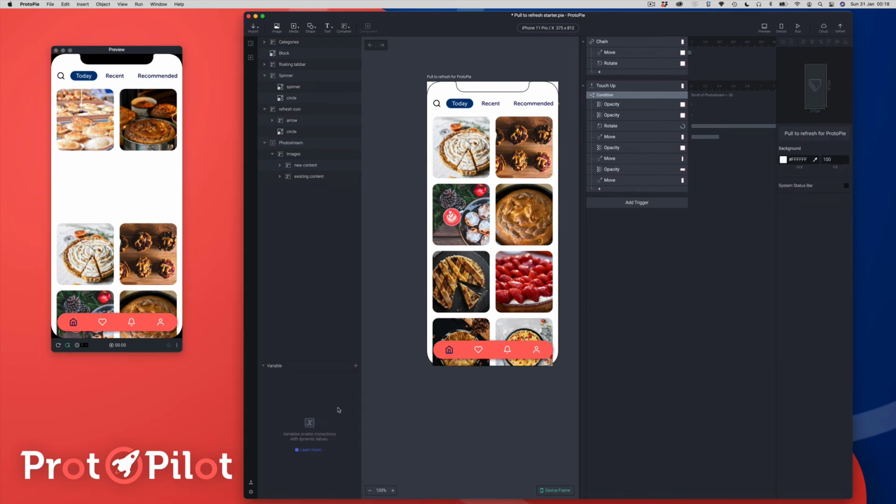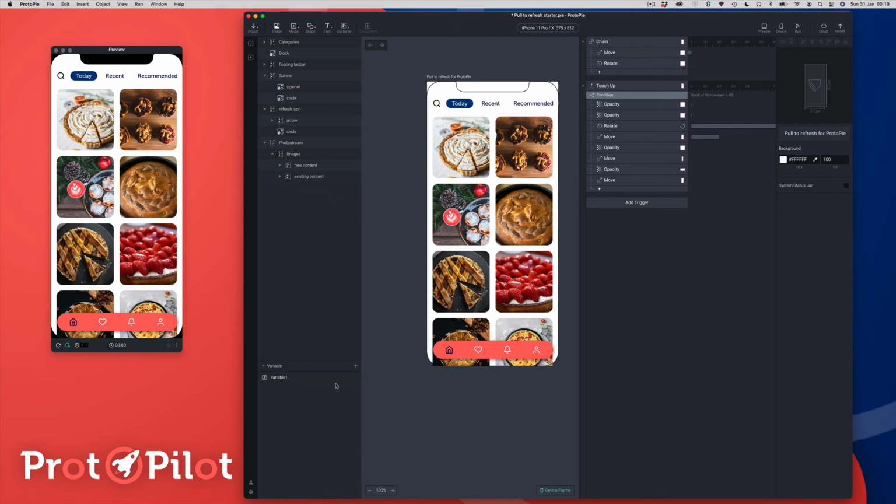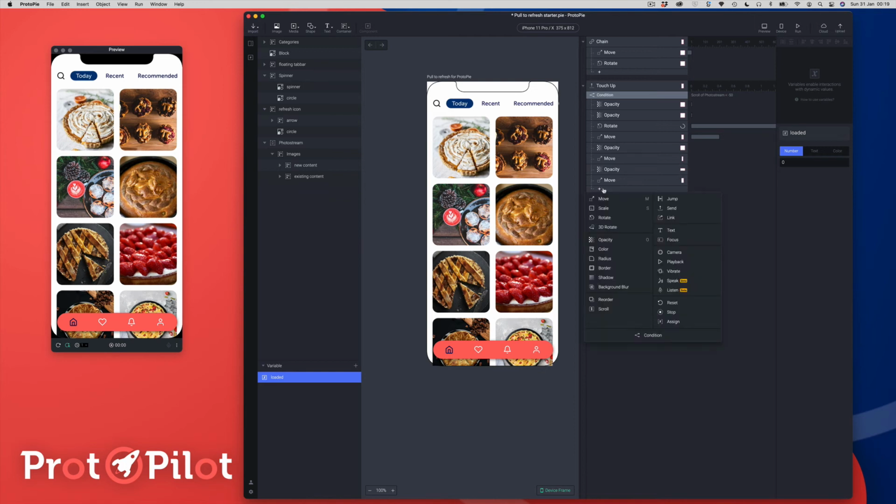We're going to open up our variables panel, and we're going to add a variable. And we're just going to use a variable for this scene. That's going to be fine. And we're going to call this variable loaded. And we want this to be a number variable, and that's what we get by default. So that's cool. And we're going to come over to our touch up trigger, and we're going to add an